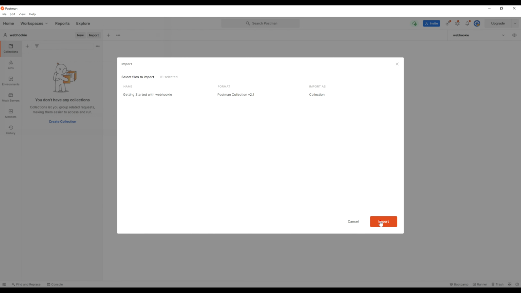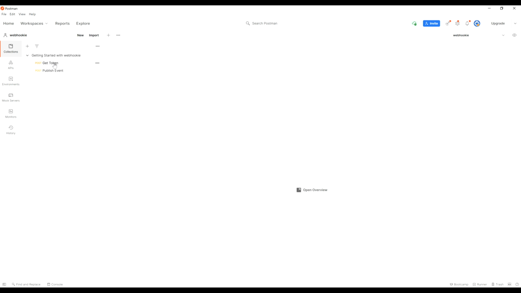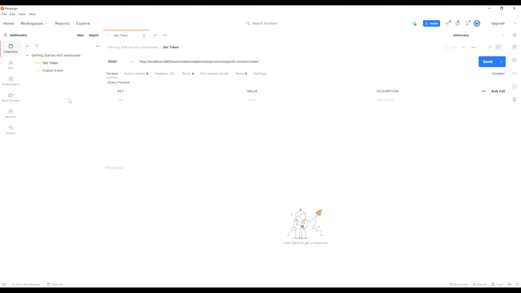Now, the script has a login command and a post event endpoint, and the post event endpoint needs the token from the login, and we use a variable for that, which means we need to create an environment in Postman so that the variable can be saved in that environment. So create the environment and select it, and then we can run the login command,